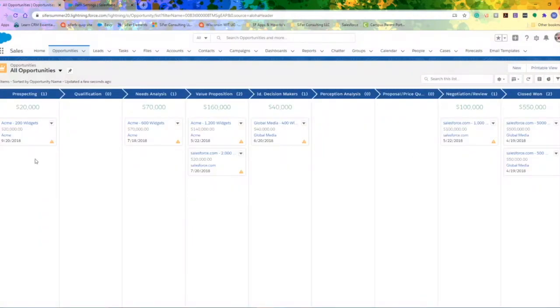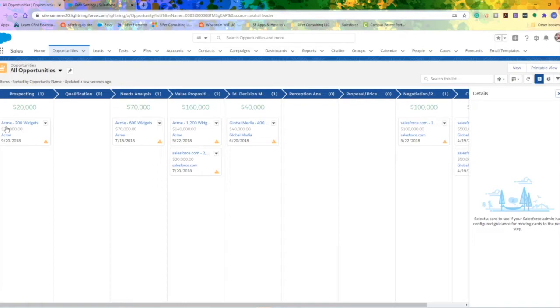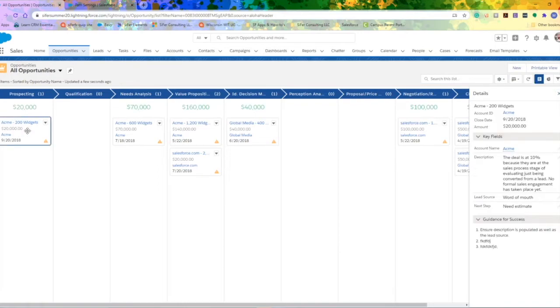Now, when you click on one of these, you'll see there's also a show more details button over here. You click that, and then when you click on one of these, you'll see there's guidance. You can see your key fields that we set up in the path. You can also see your guidance. So say we know the account, we put the description in, the lead source is word of mouth, and we need an estimate. So let's move it over to